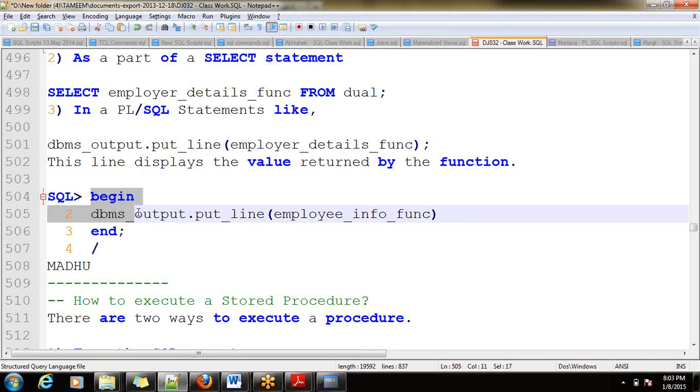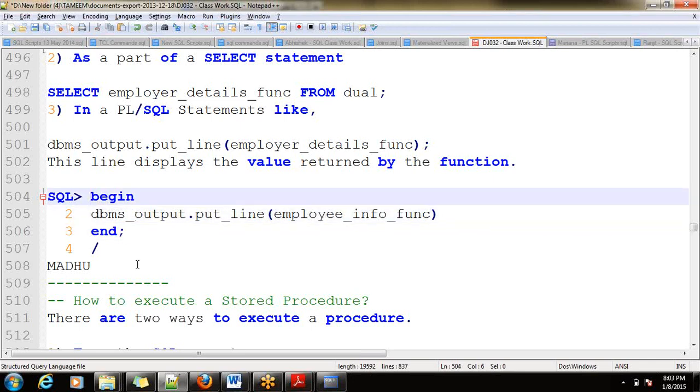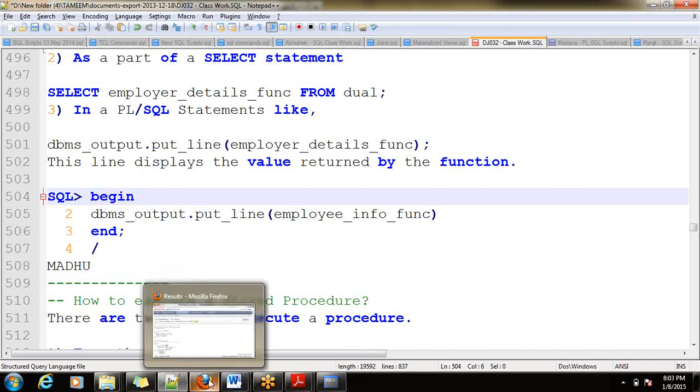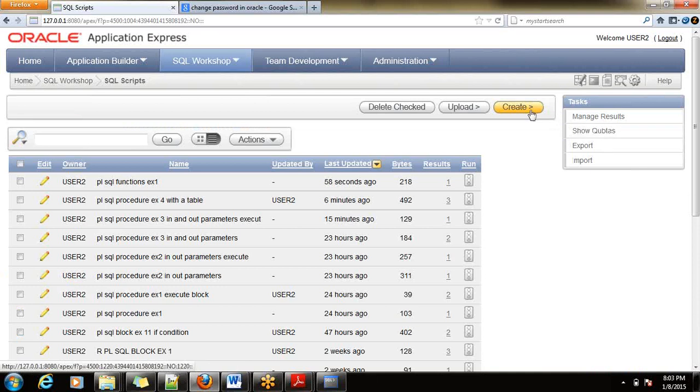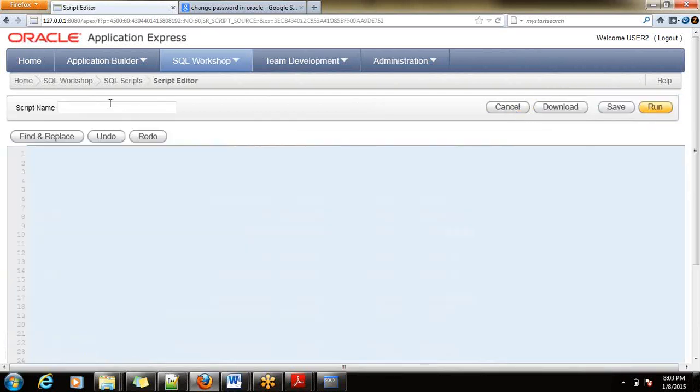Let me use one way of execution, that is executing this in a PLSQL block.